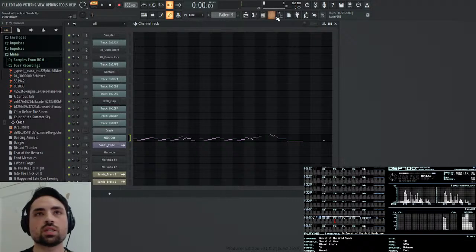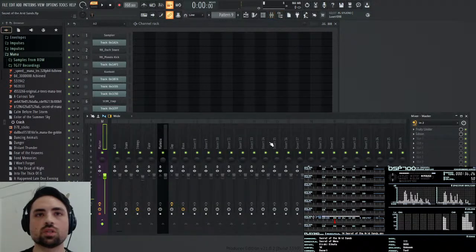So now with that said, I can raise the volume back up. And delete Edison. I can keep the limiter for now.